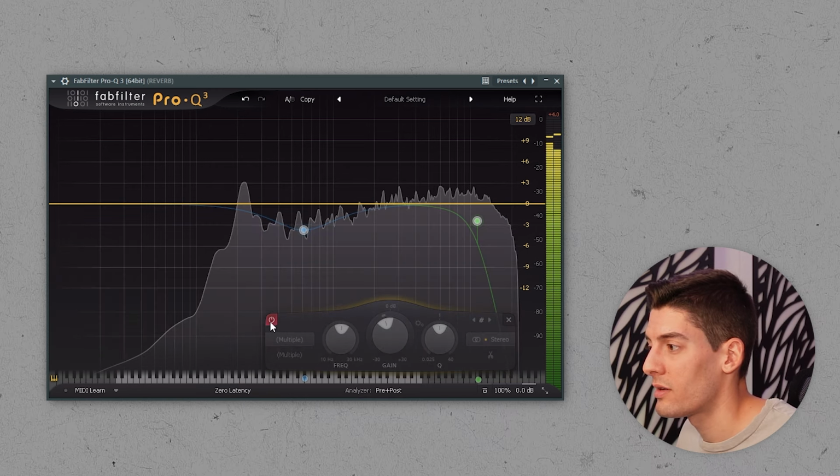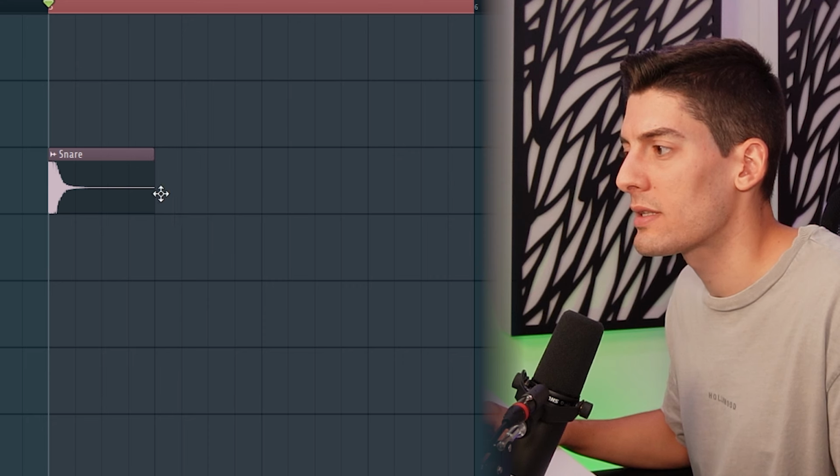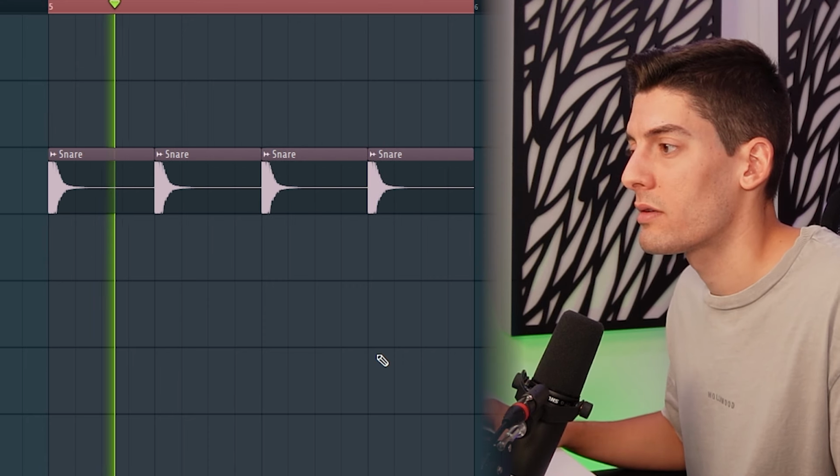This was before and after. A lot more control and cleaner. Last but not least, you need to control properly this reverb in the song. Right now this reverb is quite short, but let's exaggerate this so this way you can understand better this step. I'm going to increase a lot the decay, for example 9 seconds, and I'm going to put a snare in every beat. If we play it,